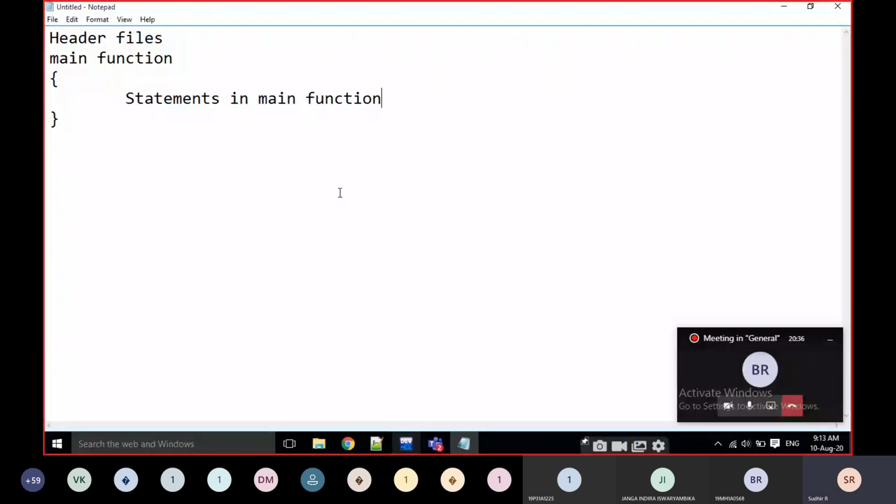Header files, main function. This is the basic structure of a C program.